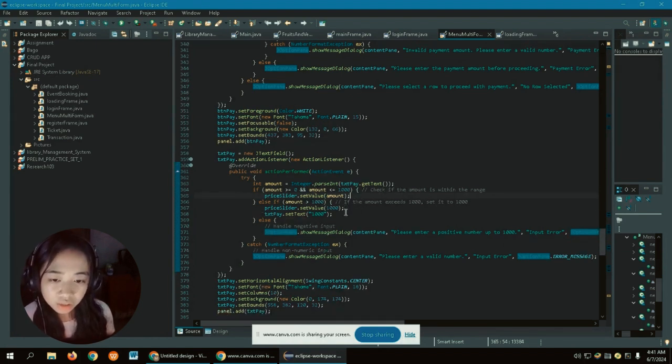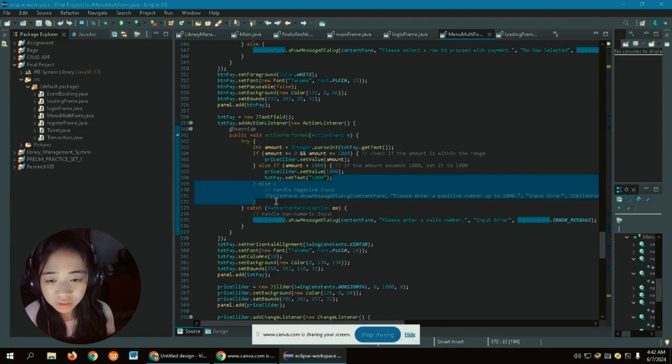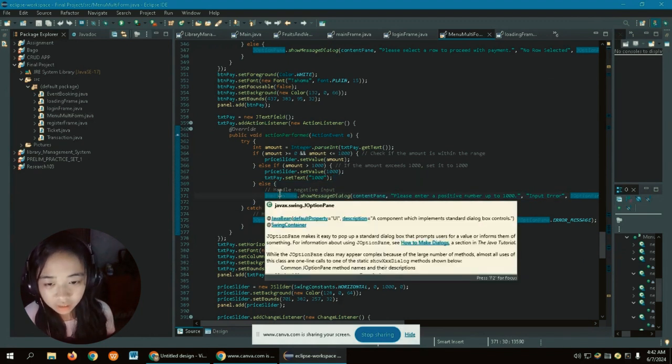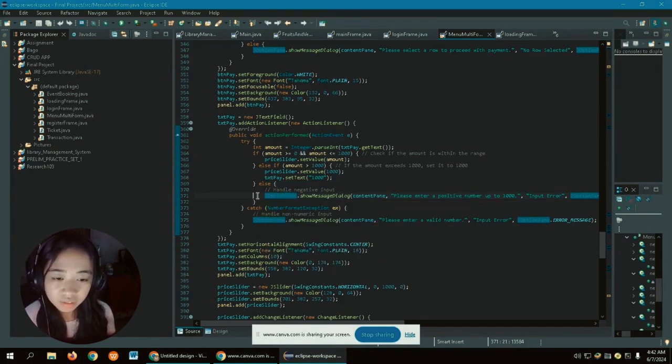And if the user inputs an amount exceeding 1,000, this will check it and set it to 1,000. Sorry, I've been saying 100. Else, if not, again, it will ask the user to enter a positive number up to 1,000 if the user inputs a negative number. Then this right here will handle non-numeric input.